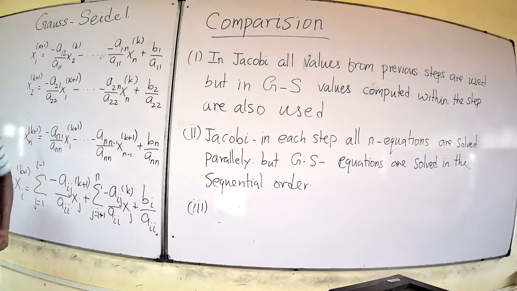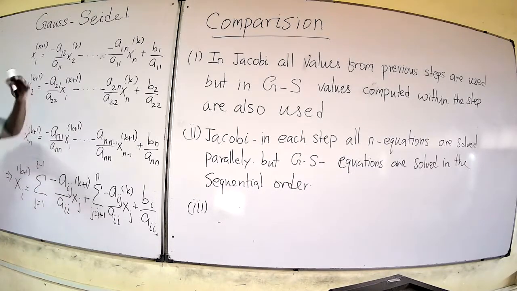But in Gauss-Seidel, you cannot do that. Even a computer cannot do that, because it has to compute x1 and only then can it compute x2. After that only can it compute x3. So the equations have to be solved one after one: 1, 2, 3, 4. At each step, each equation has to be solved separately, so n times it has to operate. But in Jacobi, it can operate all n equations at the same time.